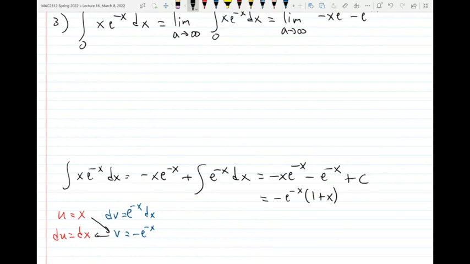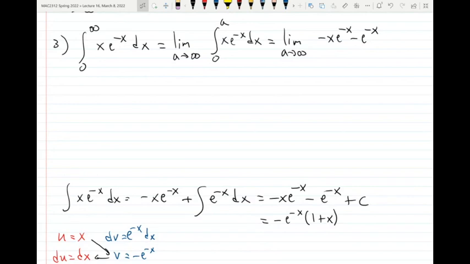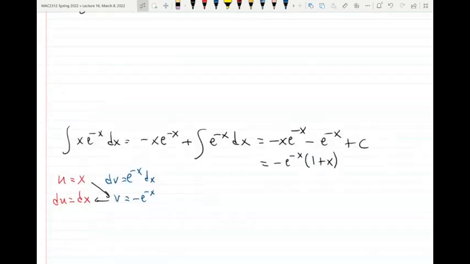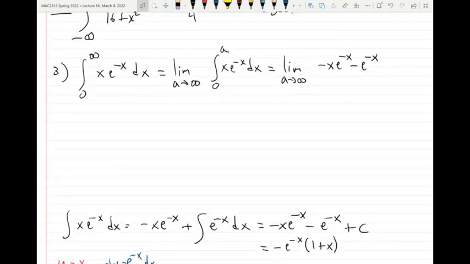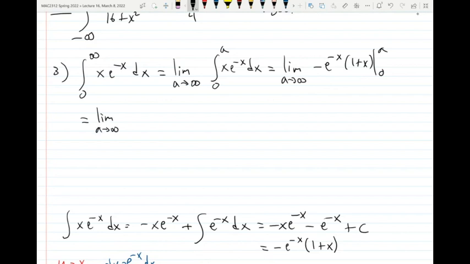It's kind of nicer, and it would be more convenient. Okay, I'm gonna keep it like that just to explain something. And then from 0 to a. So that will be the limit as a approaches infinity of negative e to the negative a times 1 plus a